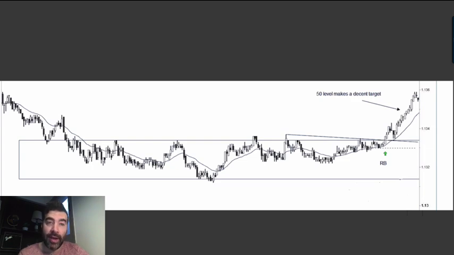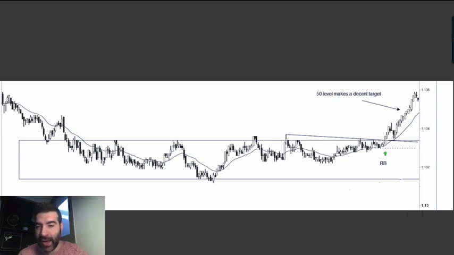His method, and what he teaches, is you have to wait for the buildup. You have to wait for the pressure. It could break out without pressure. It happens all the time. But the sustained breakouts of the range, and the best highly statistical exits from the range, are going to come with the buildup. So he waited after that bullish candle went out. It came back in. See, it's going around the EMA again. It went to the top again, came back down, and then you see the pressure, right?